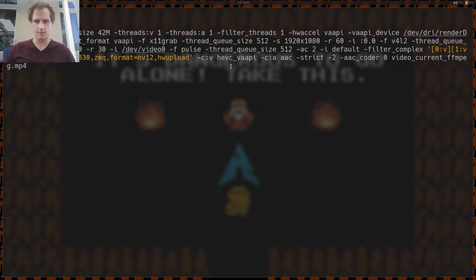And you'll see I'm still using the HEVC VAAPI, or the H.264 or 265 video codec, and I'm still using the ffmpeg AAC audio codec that's included, the free one. To try to make it closer to quality with the non-free version, I'm using -strict -2, which gives me the experimental version of the strict. And then with the aac_coder, I'm using 0, which if you come over